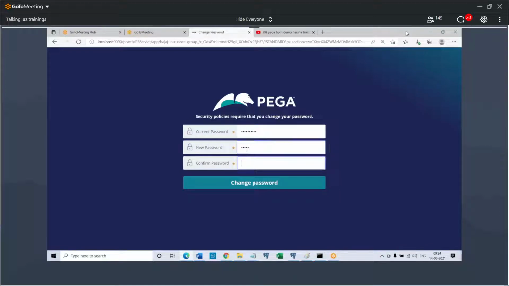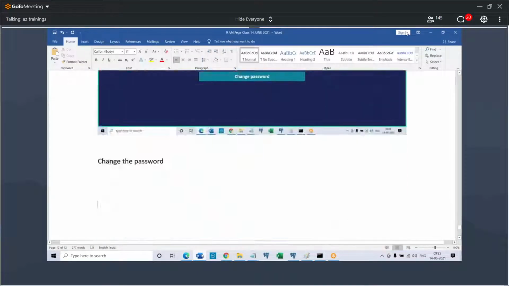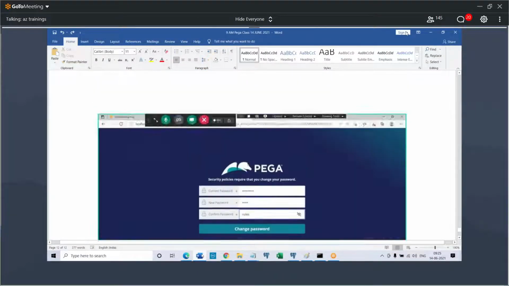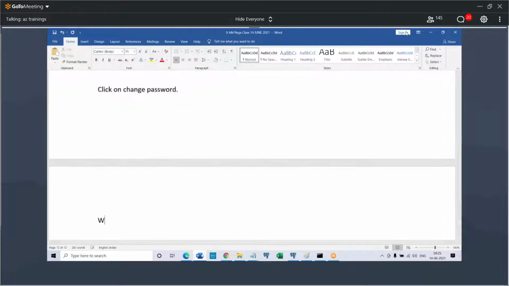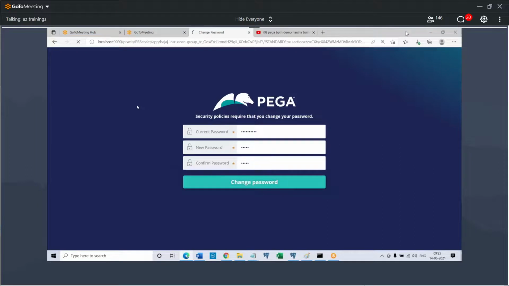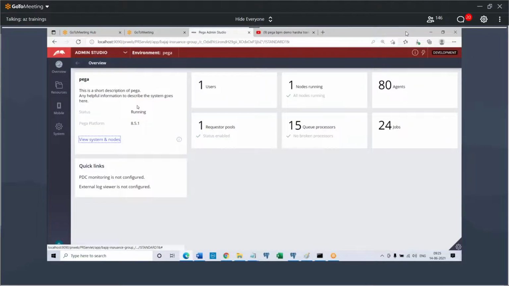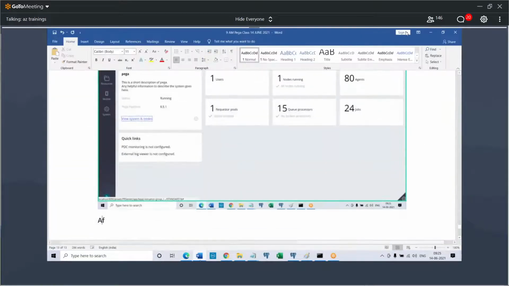The new password I'm giving is rules. For your information, I will show you that. But you can give anything, it's up to you. In your case, what is the password that you can remember? You can give that. Click on change password, which will make you log in. Okay, look at here now. The password will get changed and it will make you log in. Okay, after you log in,